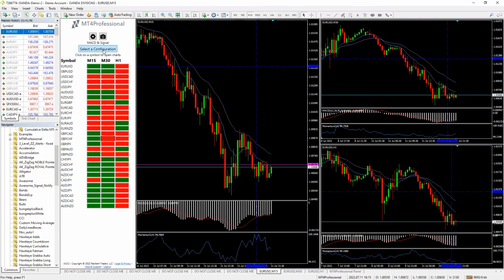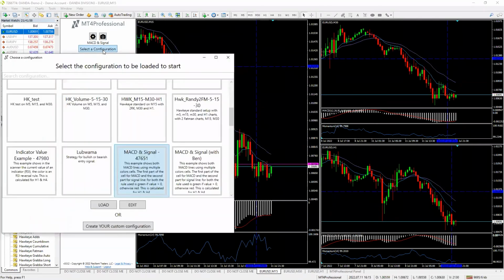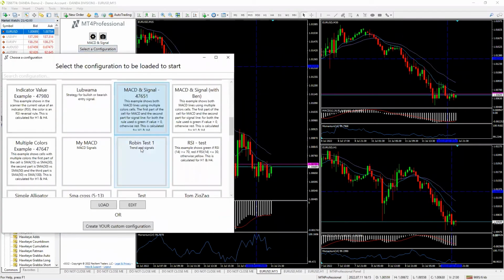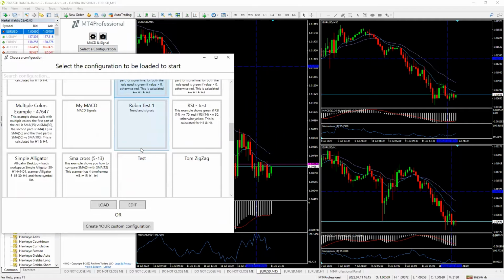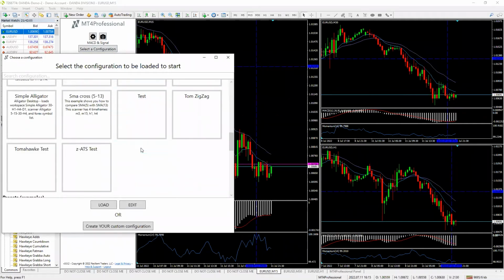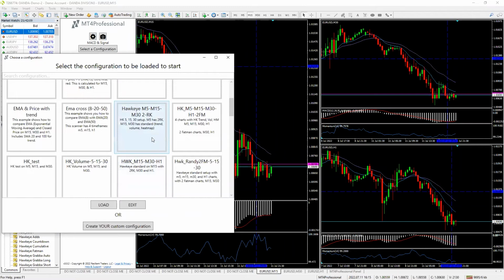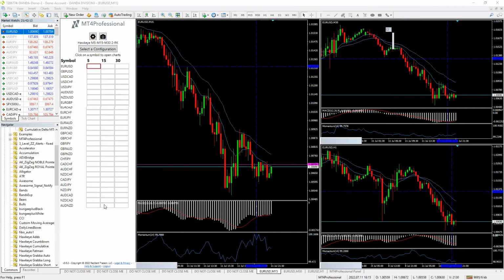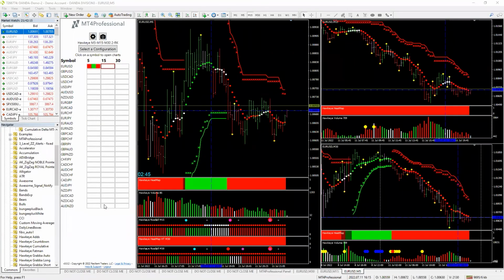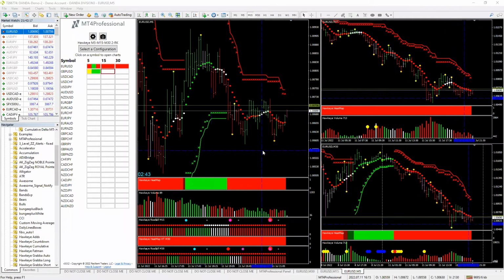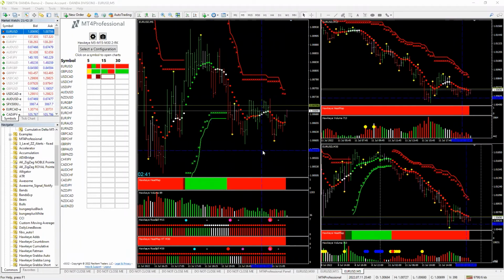Custom configurations. A lot of people want to know if you can use it with custom configurations or not. So let me see if I can use one. Okay, I'll pull up my Hawkeye setup. Hawkeye is a custom tool that I've made that helps to see and identify setups using volume spread analysis and